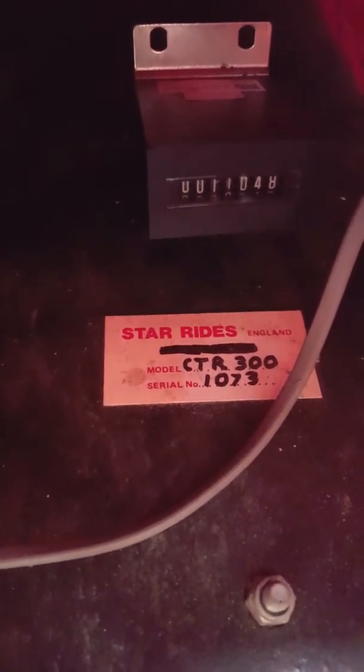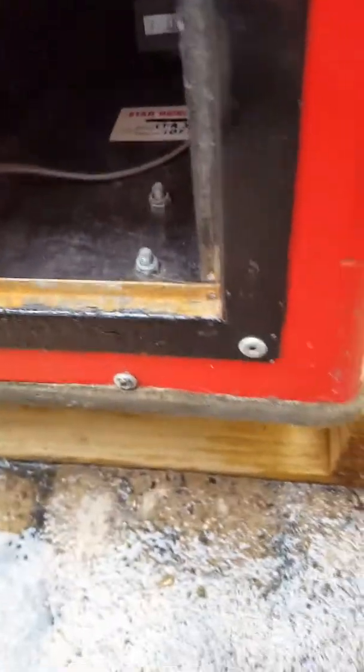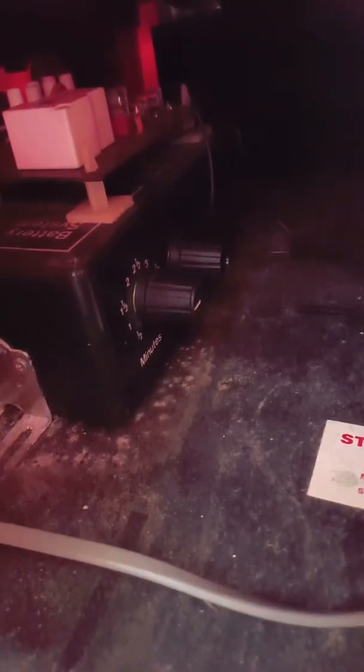CTR 300. Car, could stand for car something rally. And it's got a serial number of 1073. So is that how many rides it was when this was made? I don't know. But again, base nice and clean. And if you look in there, system 2. Ride time on there as well. Change the minutes. Currently it's set to 1.5 minutes. It's on 20p a ride though,